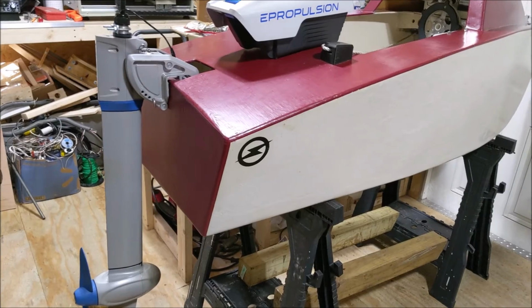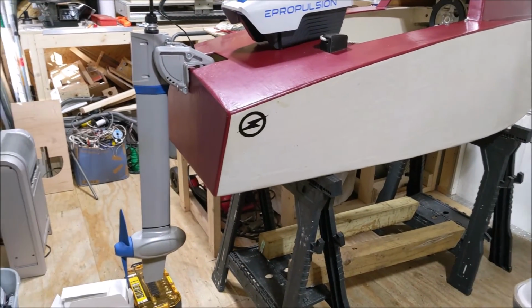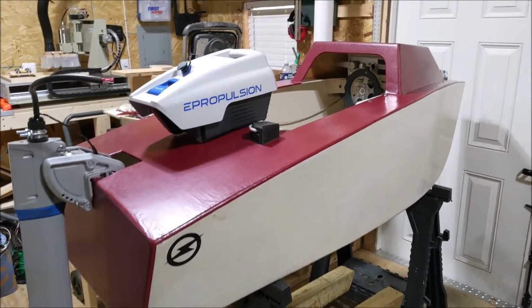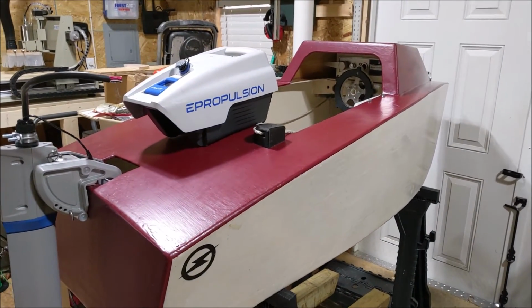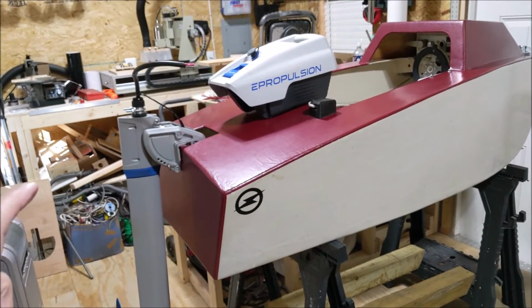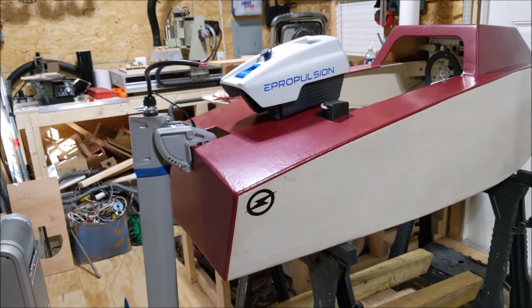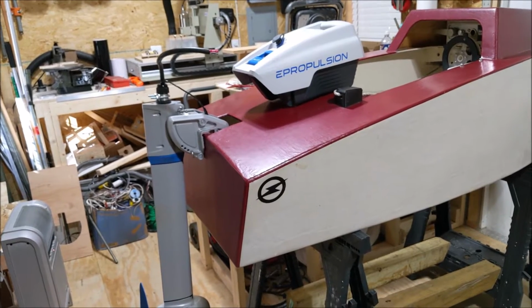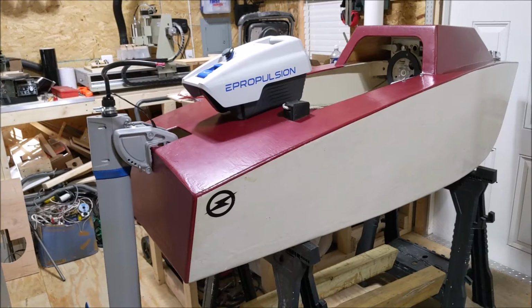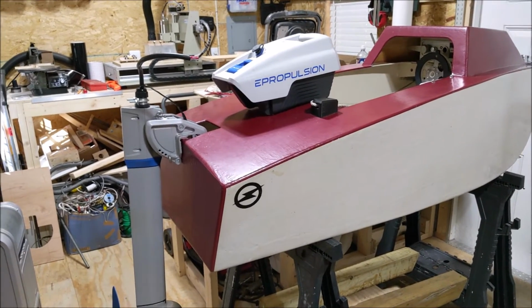This is just going to be a real fast video for today. It's a little side project I'm working on for this very weird project with this mini boat. I built this little guy about 5 years ago, and per the design, it had a 30-pound thrust trolling motor on the back, and it would go about 4 to 4.5 miles an hour. We used it for a year or two, had a lot of fun with it, and then it got set